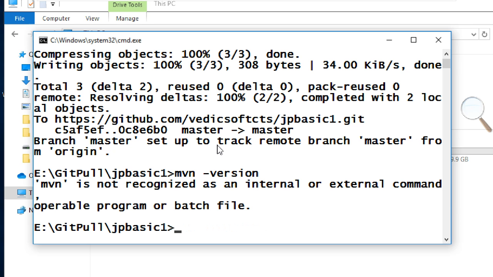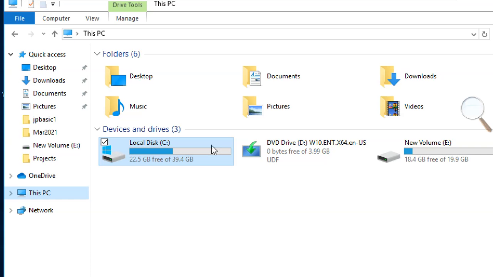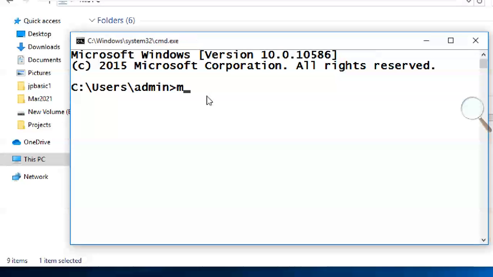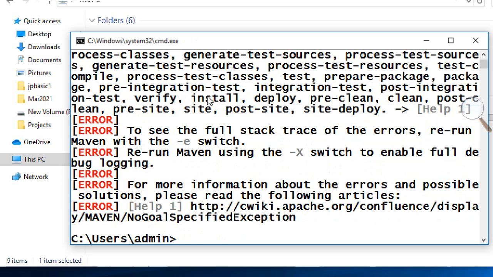What I have to do, since the work is complete now, is open a new cmd. Just putting mvn is enough. It tries to display some error. Yes, that is enough, no problem.